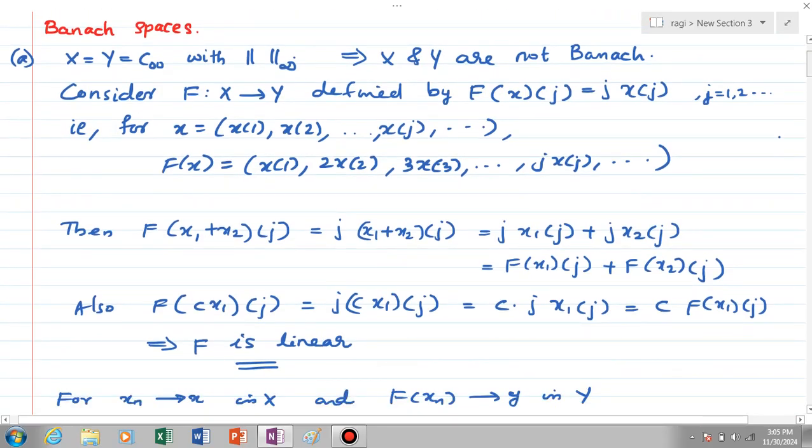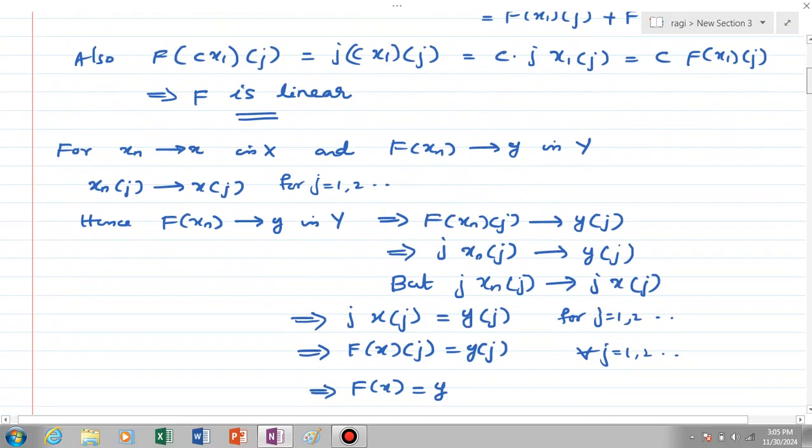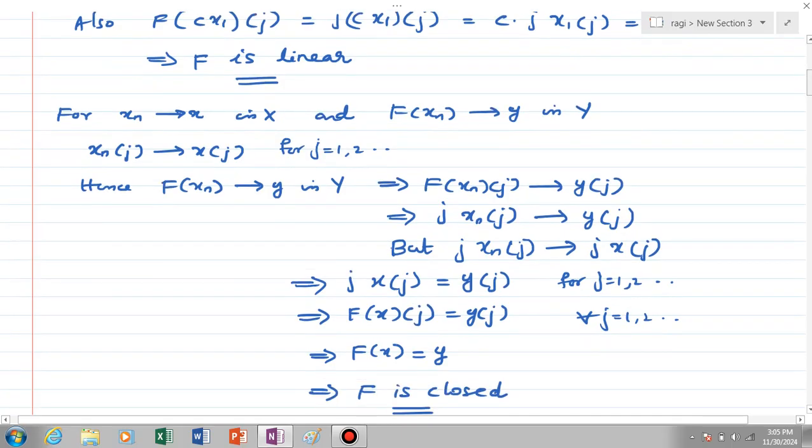F(x1 plus x2)(j) is equal to F(x1)(j) plus F(x2)(j), and F(cx1)(j) is equal to c times F(x1)(j). Okay, so here F is a linear map. Now F is a closed map because for x_n converges to x in X and F(x_n) converges to y